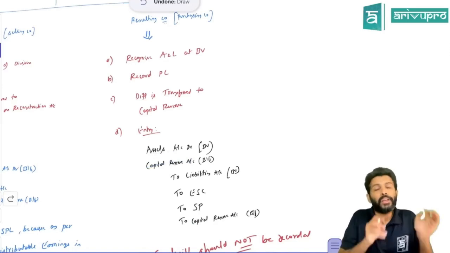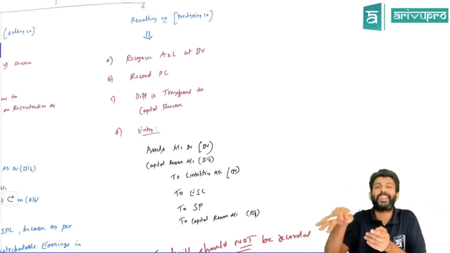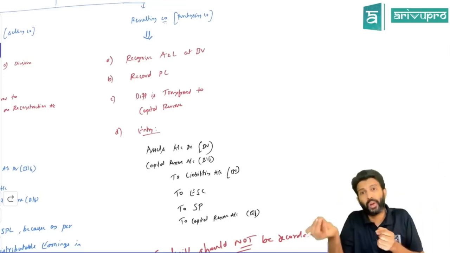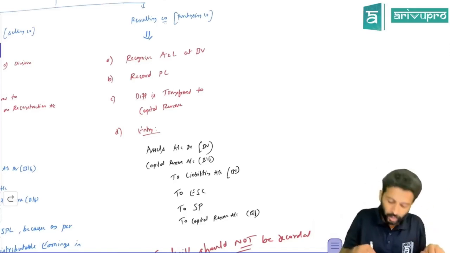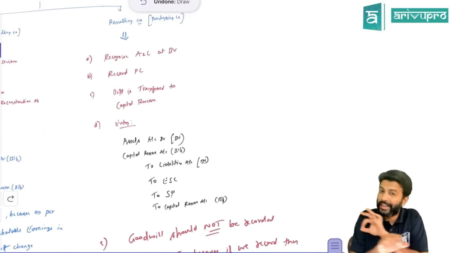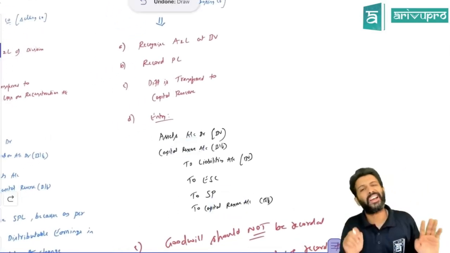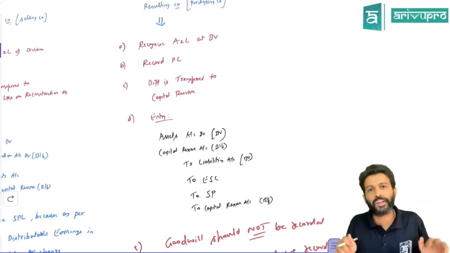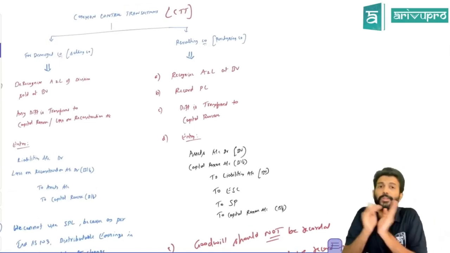Why, sir? If you debit goodwill, is it really a business purchase or just reorganization? It is just a reorganization. So when you do reorganization, if you record goodwill, it will amount to self-generated goodwill. Hence, in common control transaction, we never record goodwill. So it doesn't matter which side the balancing figure comes, you'll record the balancing figure as capital reserve, whether it is debit side or credit side. That's the thing. Okay. This is for the division sale.